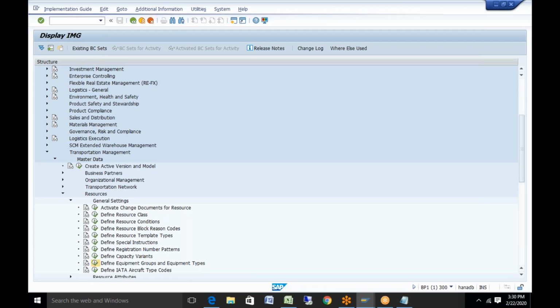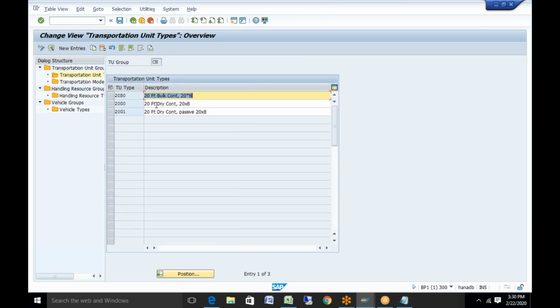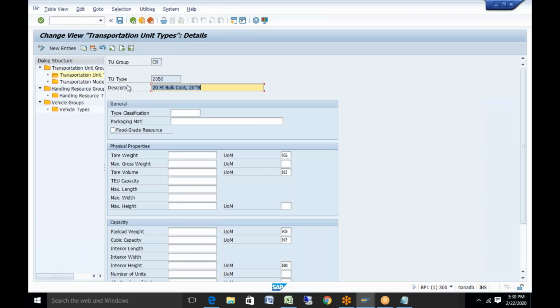In case you want to load a container, for example, if you want to load your products into a container, then you need to define the container type and container group, right? Because container types can have different things. The main idea of this equipment type is to define certain properties once for a type, which are then copied into a new resource. That means you can explicitly copy a resource. For example, if I go into the group CN, meaning container, and then go to the container unit tab, it can be 20 feet container, 40 feet container, 80 feet container, and then you can directly go here. Here you can give more explanation.